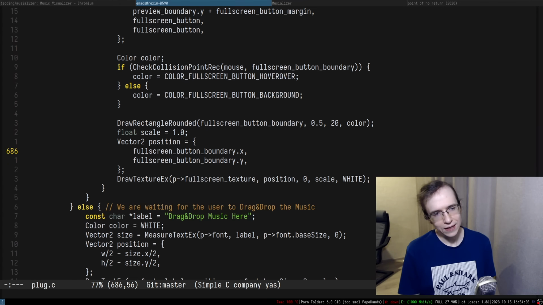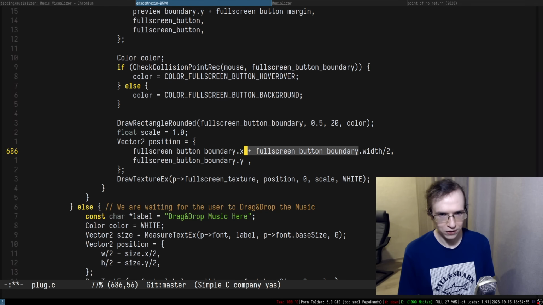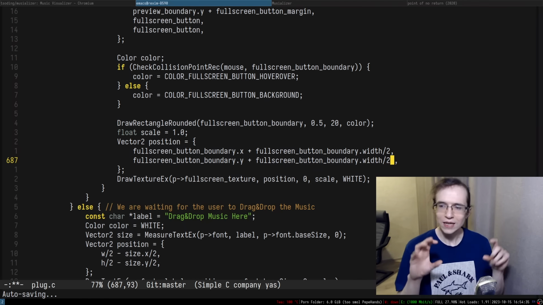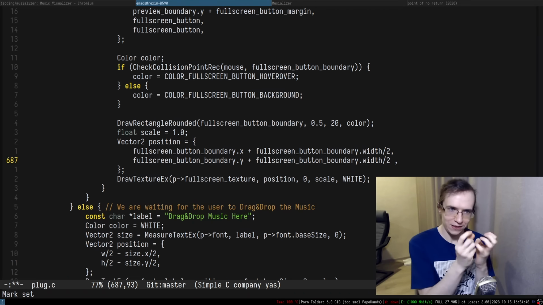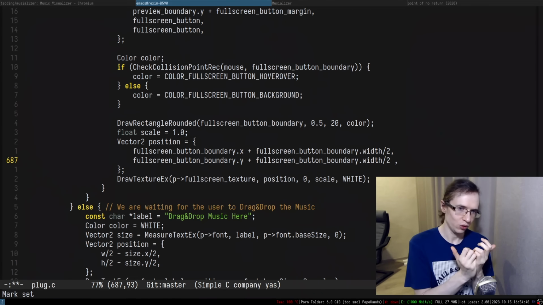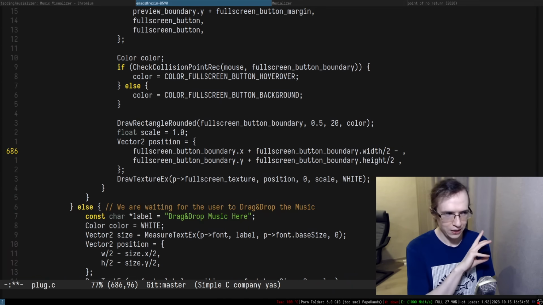Honestly, we can actually do something like plus the width, but divided by 2, right? And then the height but divided by 2. So I want to center the icon, yeah, at the center of the button. So that's what I want to do. I just want to center it right there. So I just add that, but then I'll have to subtract the half of the width of the icon, and